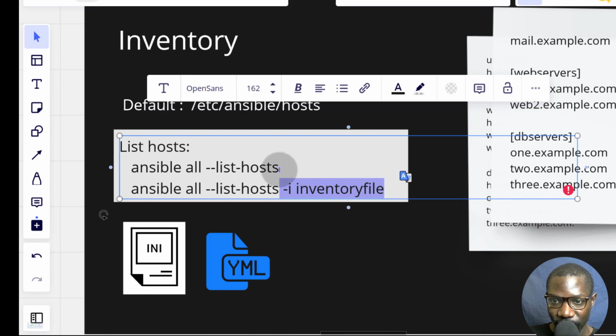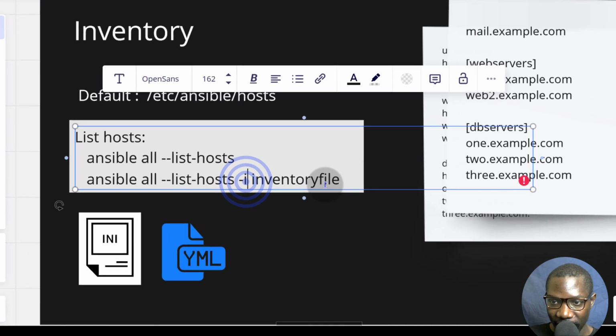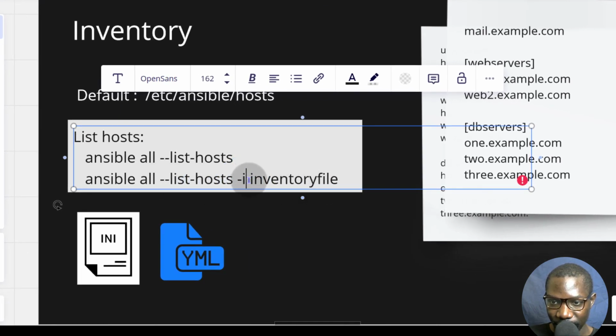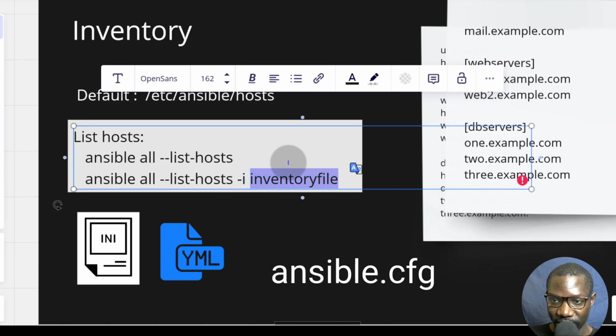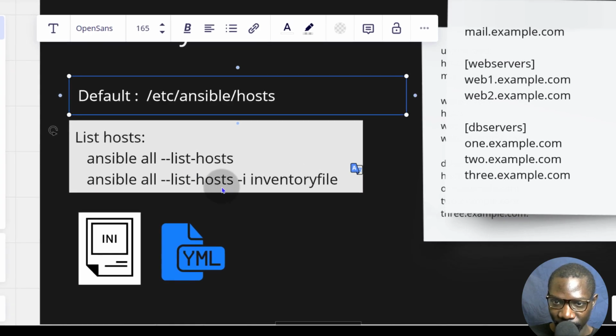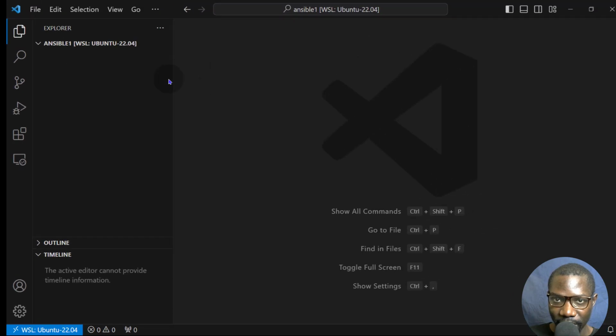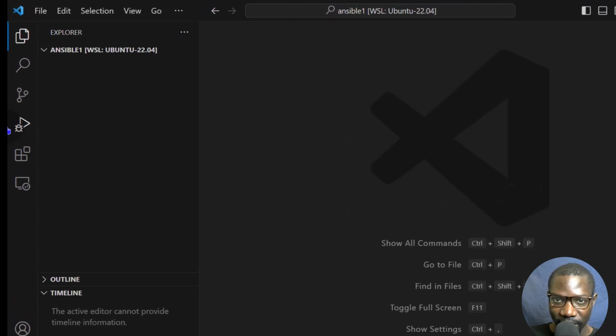In this case, if you do this, it's going to go for the default host file. If you're going to work with a default host file, maybe within your project, like we're going to do, you can either define the identity of the file, or you can add this path to your Ansible CFG. And I did a long video about Ansible configuration. You can look at that part for Ansible configuration. We're working inside of WSL. If you don't know how to connect WSL and VS Code, go to that last video.